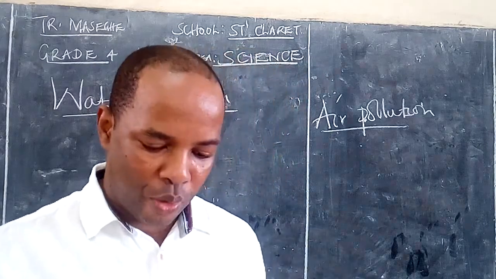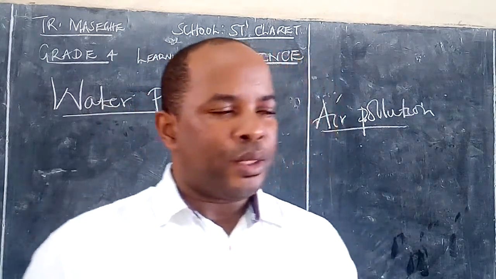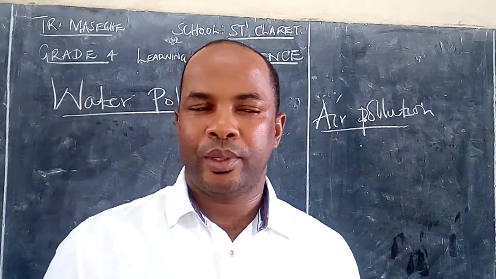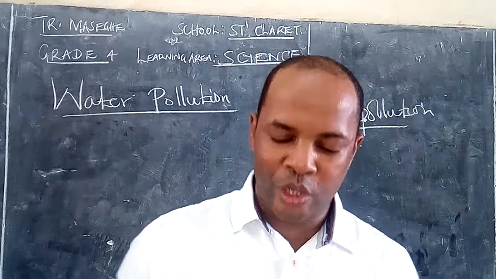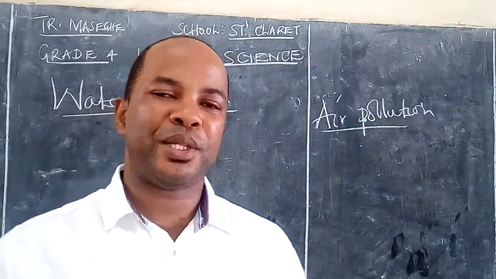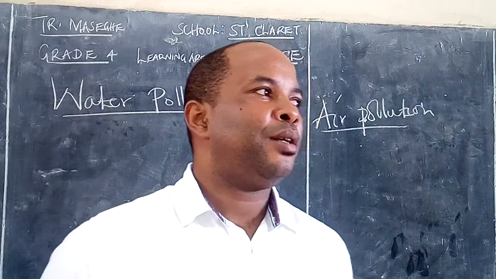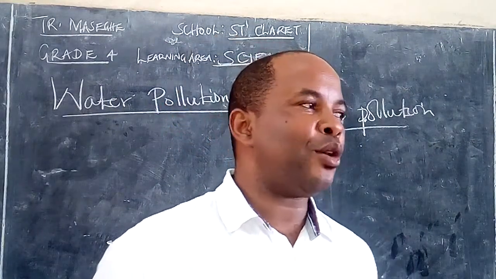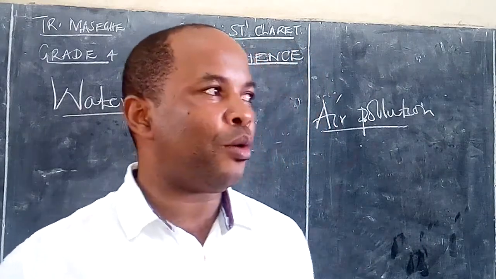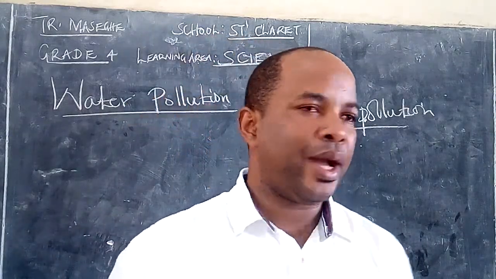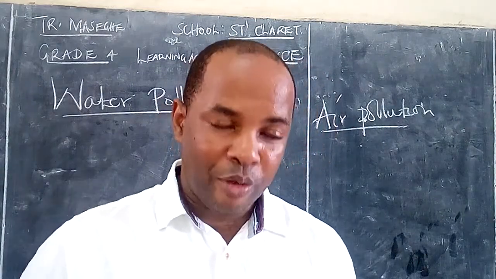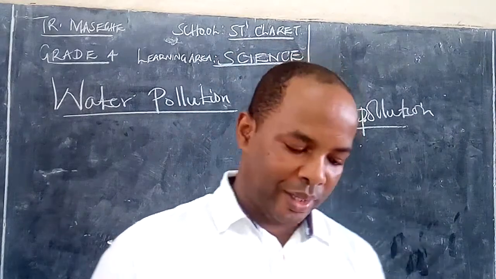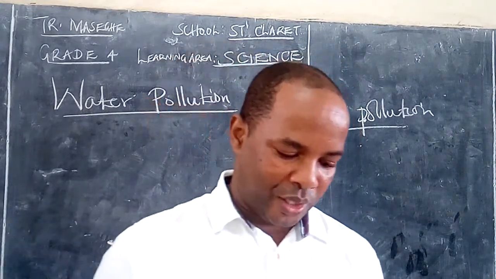Then secondly, we also went ahead to say the following are the most common agents of air pollution. We stated smoke, and especially this one, you look at big industries, you find that they emit a lot of smoke, and this smoke goes a long way to make the air unclean. Therefore, when you smoke, that smoke is released to the air, and once you breathe it in, it causes a lot of irritation.